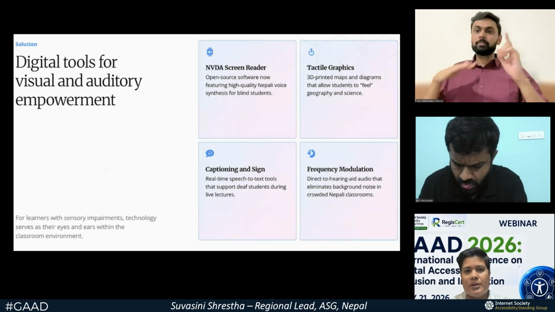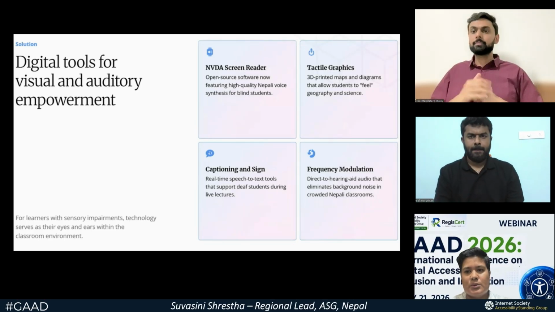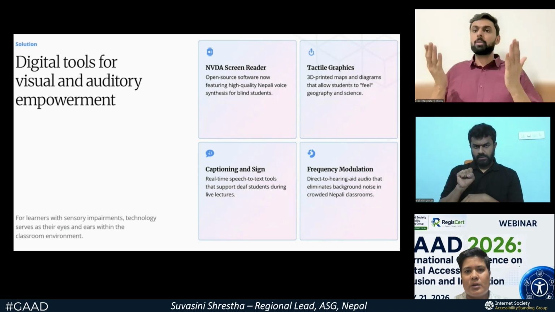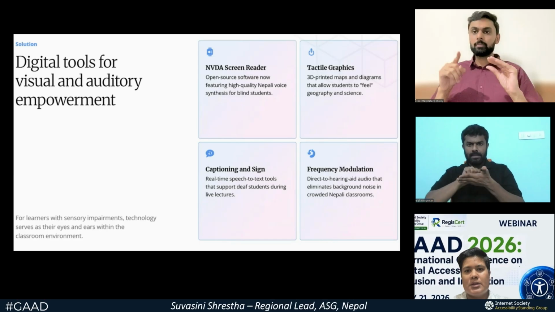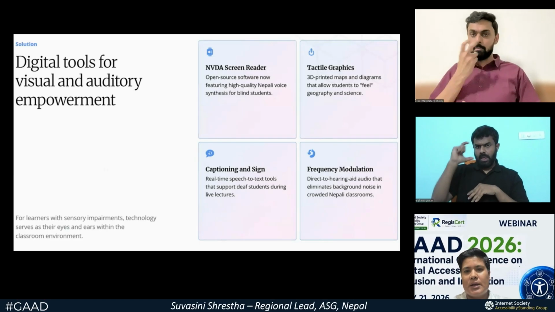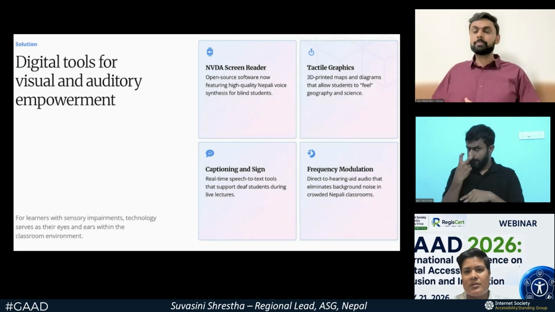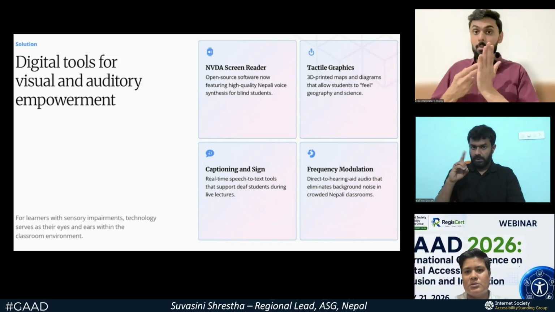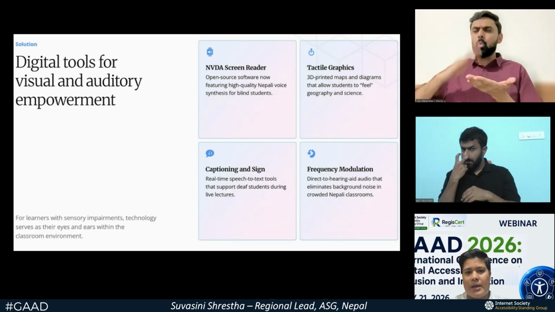For example, there is NVDA screen reader, which was already discussed. It is open source software which features a high quality Nepali voice for visually impaired students. And there are tactile graphics, which are 3D printed maps and diagrams, which allow students to feel geography and science in their hands.